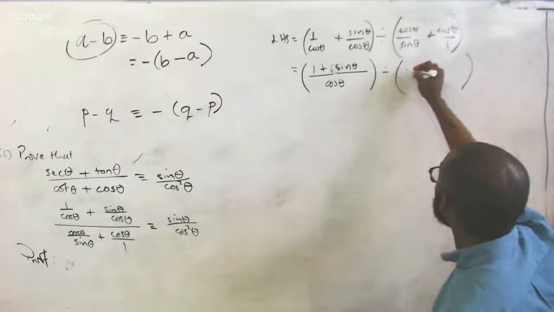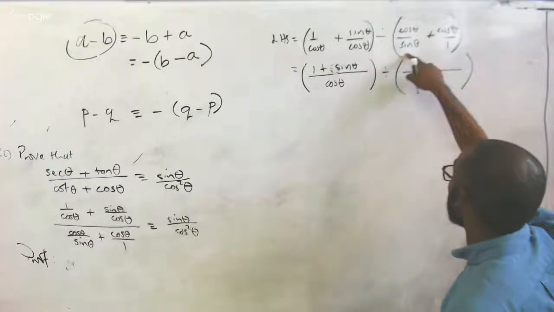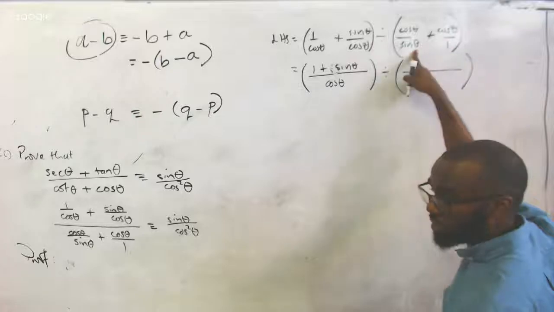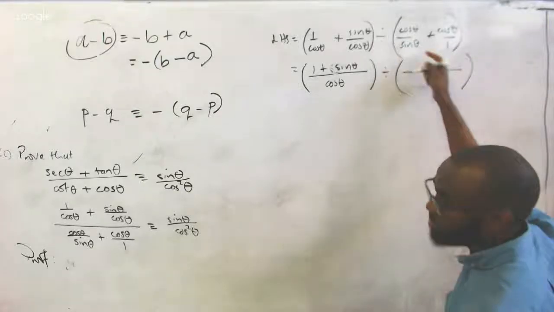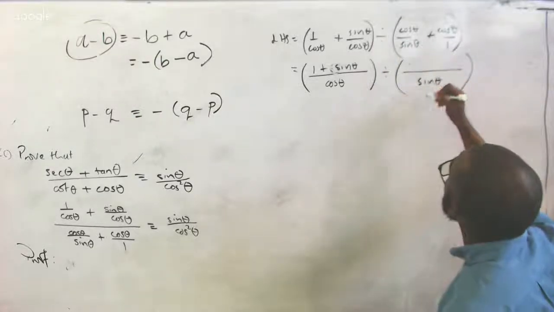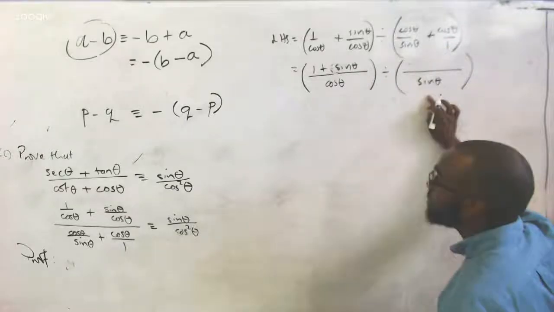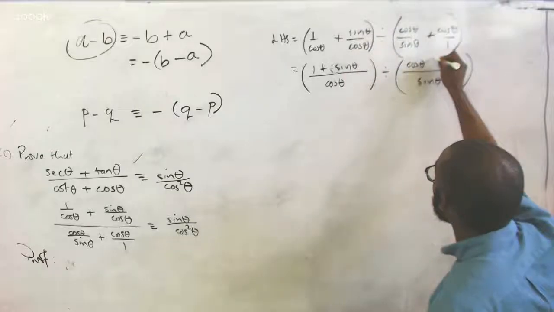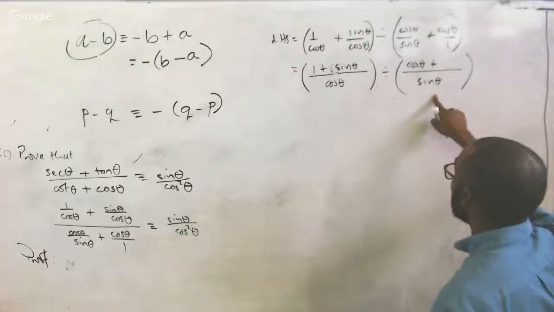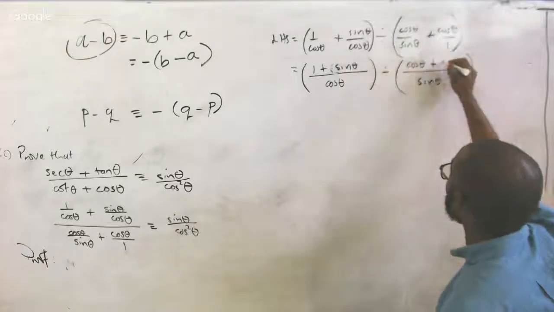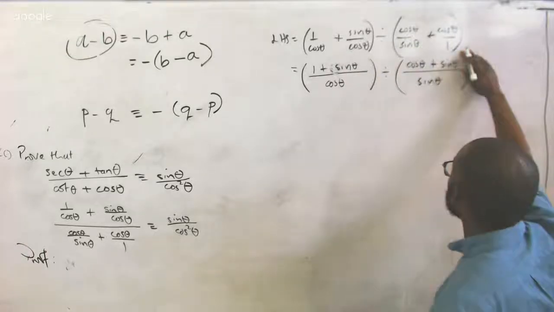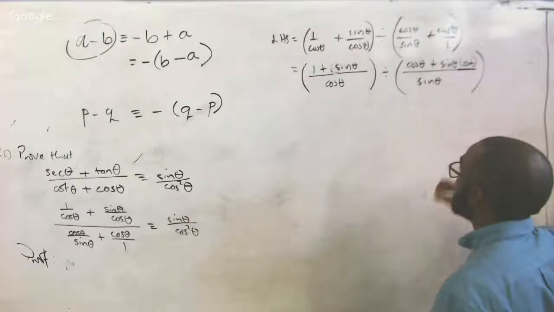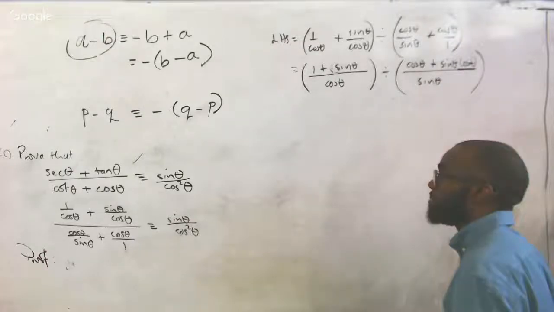And then the LCM here is different, so I can multiply them, or I can take the larger one technically. The larger one is the sine, because 1 can go into everything. So I take the sine theta, and then sine into sine goes 1, 1 times the original numerator is cosine theta, plus 1 into sine goes sine times the original numerator, sine theta times cosine theta. Is that true so far? Yes, sir.